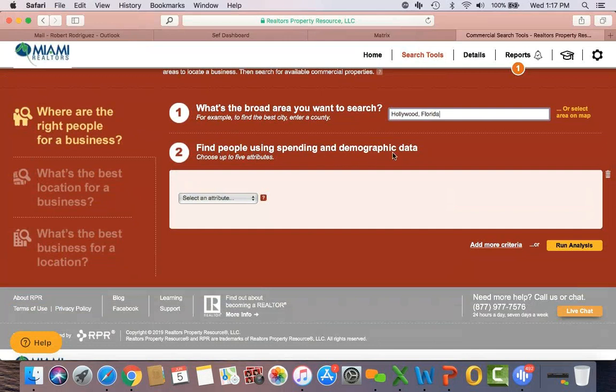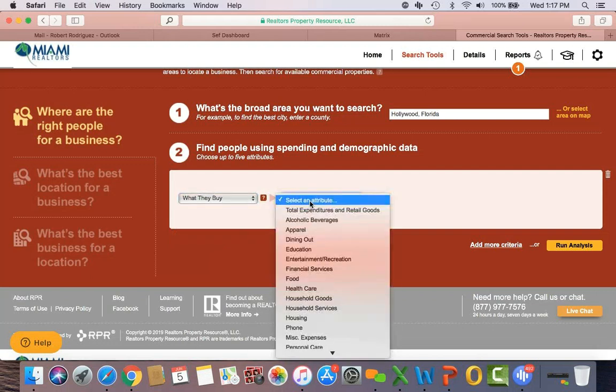So we've got find people using spending and demographic data. So you can study who they are, and this is to study the people, what they do, where they live, what they buy, how they behave, or facts and stats. So let's go with what they buy, because I'm looking to open a restaurant. So let's come here to now select an attribute,